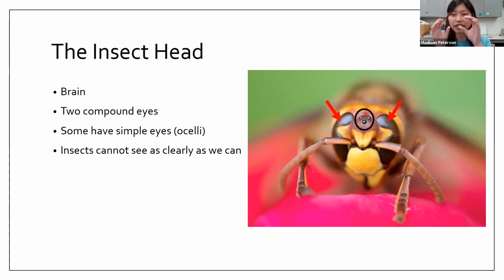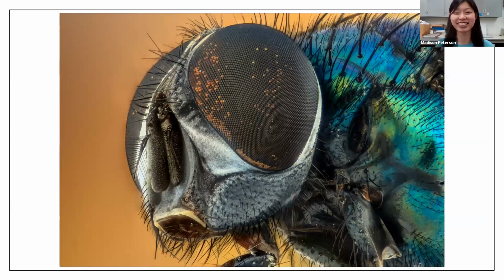They don't have the ability to see those small details as we can. So this is a fly. And if you look closely, you can see that within the big compound eyes, you have thousands of small units, sort of like a honeycomb, all these little units. And if you're watching a movie and seeing it through a fly's eyes,